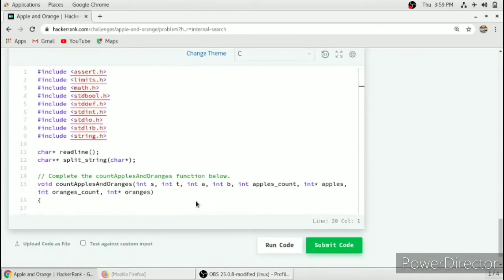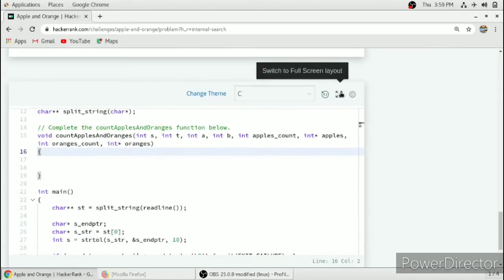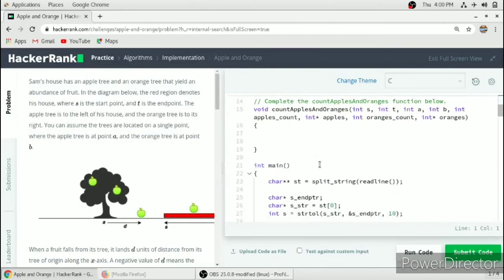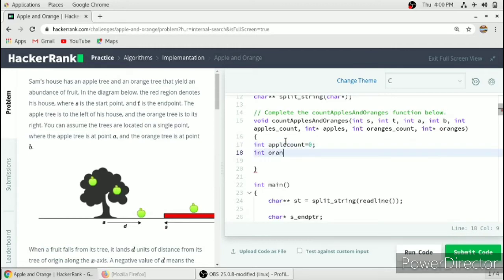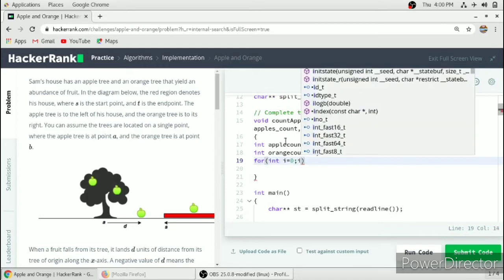So we will jump to the function. In this function, I will maximize the screen so that you can see the example. We will take two integers to count the number of apples and oranges, starting from 0, and then we will run a for loop to check how many apples fell on Sam's house.